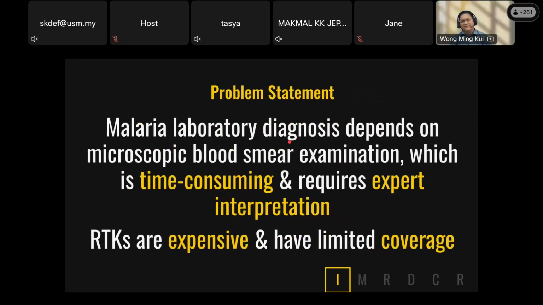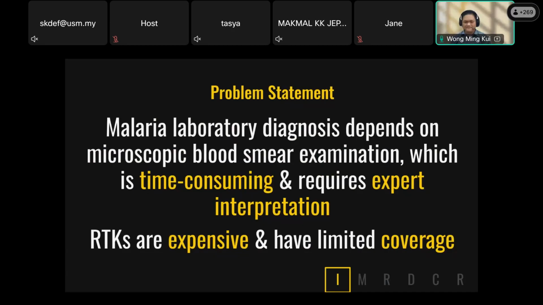So the problem statement in this research is malaria laboratory diagnosis. Malaria laboratory diagnosis depends on microscopic blood smear examination. I think most of the microbiologists here will know that this methodology is very time consuming and requires expert interpretation. Someone has to be really skilled at looking at the blood smear microscopy to interpret and identify malaria